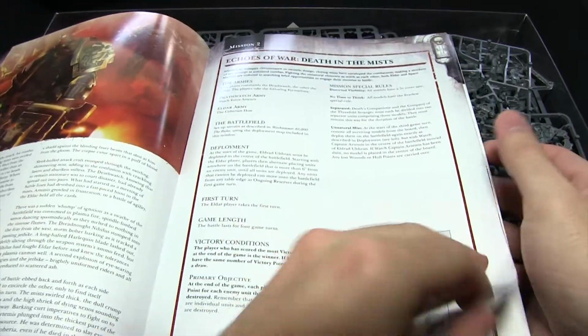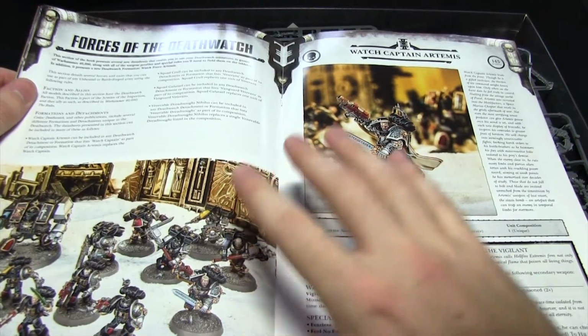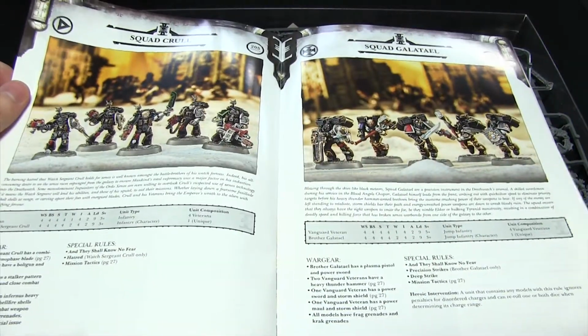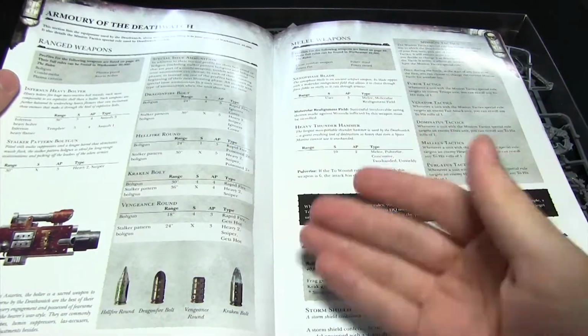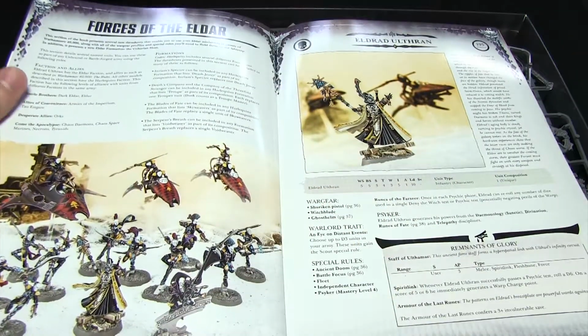missions that you can play through, as you can see the examples for them here, before giving us some force listings. And these are full force listings for all of the miniatures that you get in this set. First of all, we have the Death Watch there, and then we move on to the veterans and also the Vanguard veterans as well. We've got the Venerable Dreadnought and then also a Death Watch formation. We have the armory with weapons and all special issue war gear, before we move on to the force listing